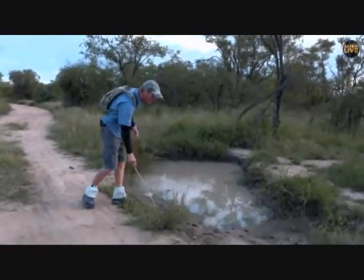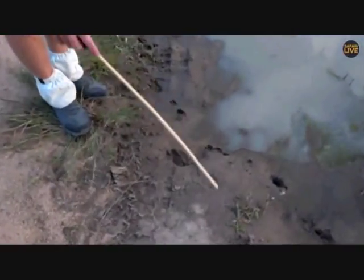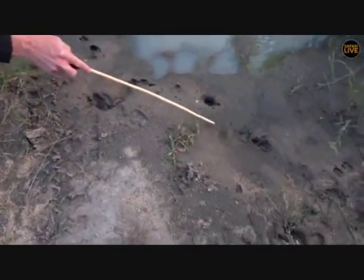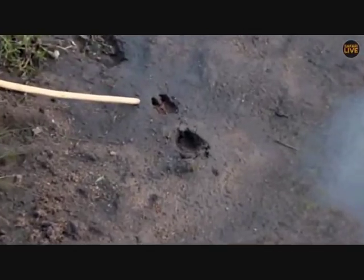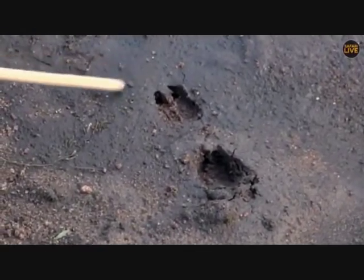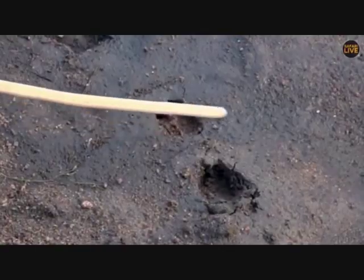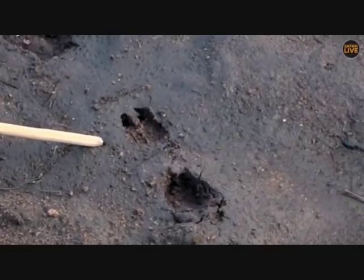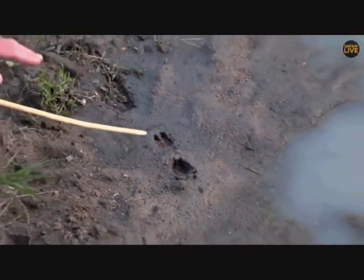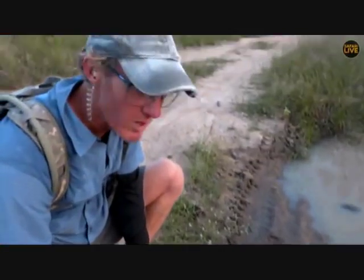Now we've got a couple of little tracks over here next to the water hole, as you generally do find. Animals will come down to drink. The first one we've got over there, but I want to look at this in here. This is one of our usual customers that you'd find in a nice mud wallow like this. If we look here at this track, it's nice and clear. This is the front of the track there, and it's very blunt. It's almost quite flat. And towards the back, it's also quite flat. So it's quite boxy, and very much the size of the animal that we just saw, an impala, very much the size of his track. But this is a warthog track. So he's obviously come down here, had a drink, and